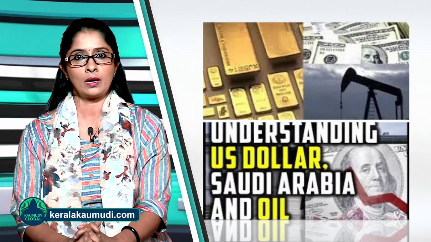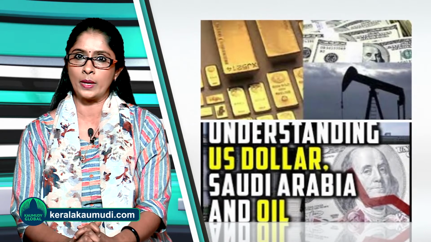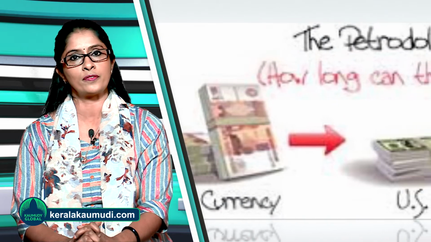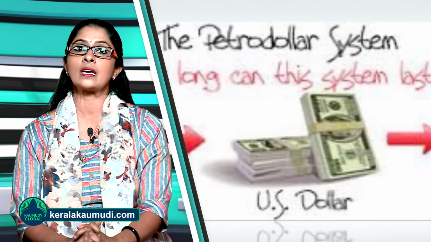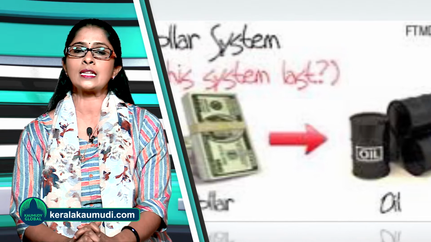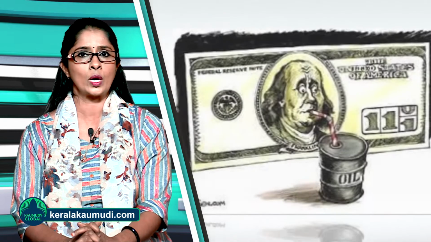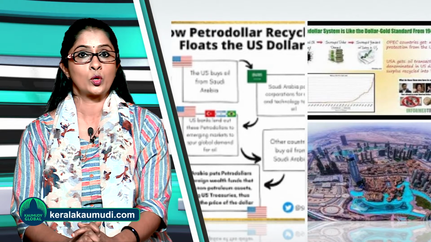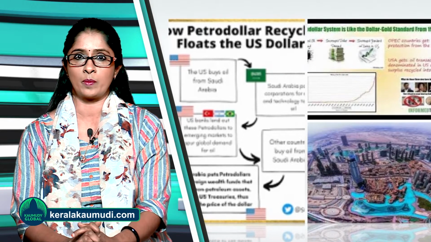Following the Nixon shock, the globe witnessed the end of the gold era and the free decline of the US dollar against the backdrop of surging inflation. Beginning in 1974, the United States was able to persuade members of the Organization of Petroleum Exporting Countries to standardize the selling of oil in dollars through bilateral agreements with Saudi Arabia.